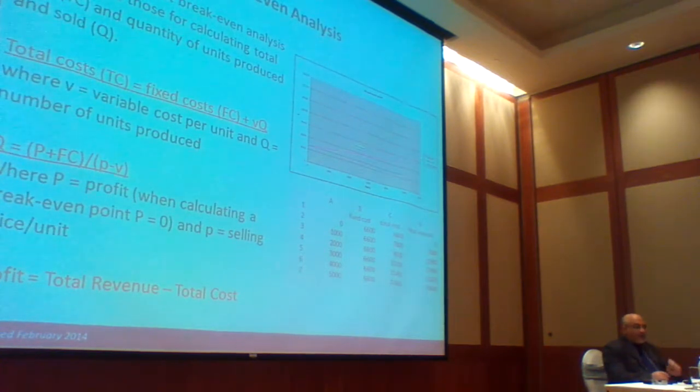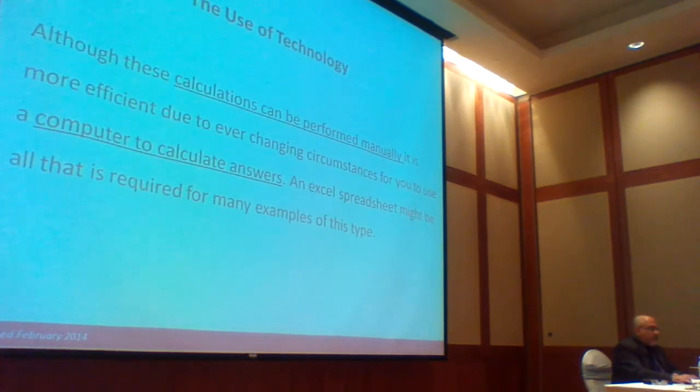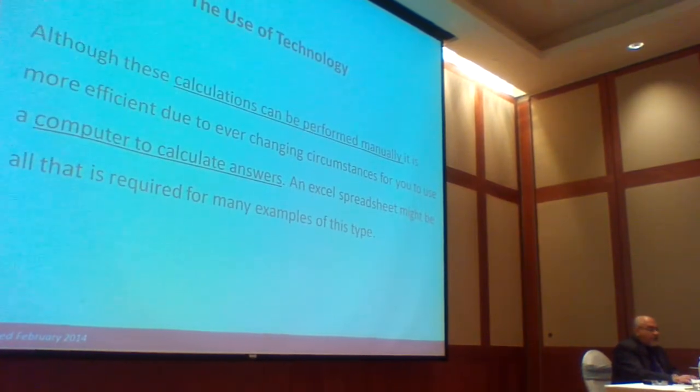We have information systems that actually give you the break-even without any messy mathematics. You plug in numbers there, and the information system will work it out for you. Then you make a decision whether to go ahead and produce or not. Let's move on. Technology can be used for all of this to calculate